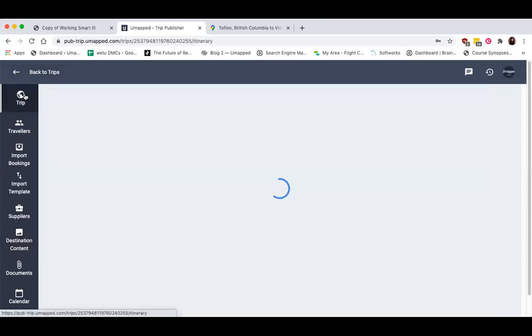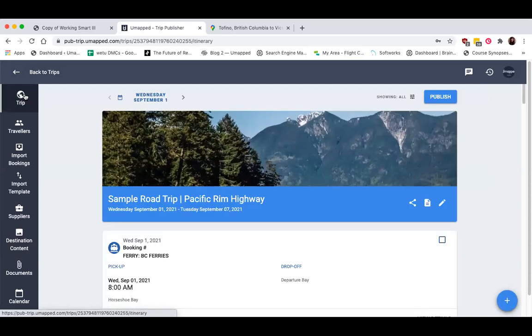Okay, so since this is a road trip, now that I've added some destination content, you might be wondering how to further tailor this itinerary for your clients by adding maps and directions so that they can actually drive from one place to another. So regardless of whether or not your clients have their own GPS that they'll be using, adding maps and directions can really go to show your clients that you have everything that they could possibly need, so that even in an emergency, they have this backup set of directions.